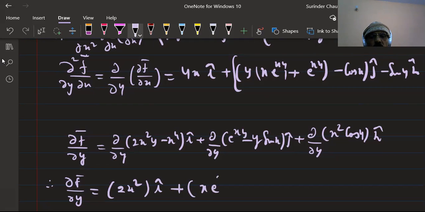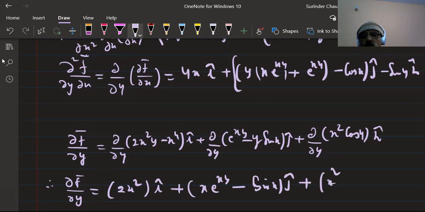X is power xy minus if it's 2y is equal to sine of x into j plus if it is 2y x is constant is equal to cos of, is equal to minus sine of y into